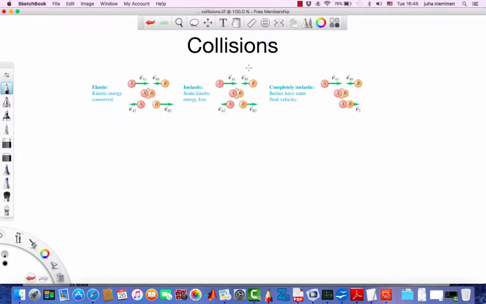So far, we have talked about conservation of energy and momentum, and now we see how we can apply that knowledge to analyze collisions. Collisions can be divided into three categories, starting from the right. Here we have a completely inelastic collision, which means that the bodies stick together after the collision, and in fact, this means that they have the same final velocity, and these kinds of problems can be solved using only conservation